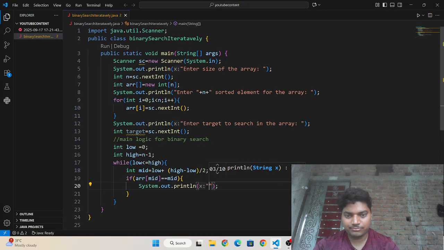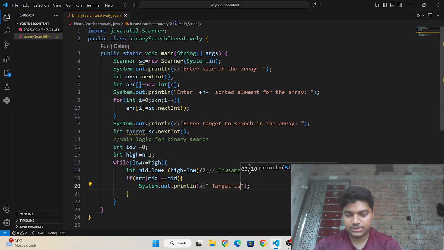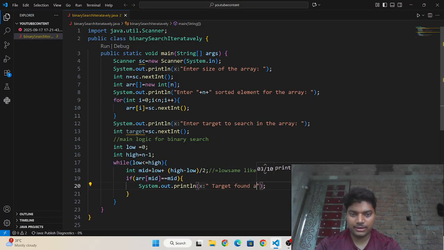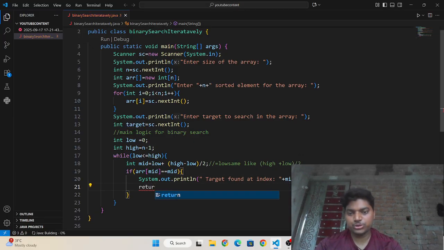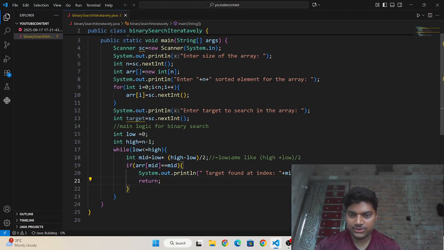You need to display target is found at index mid. And then you just need to return, means you have to finish the process.